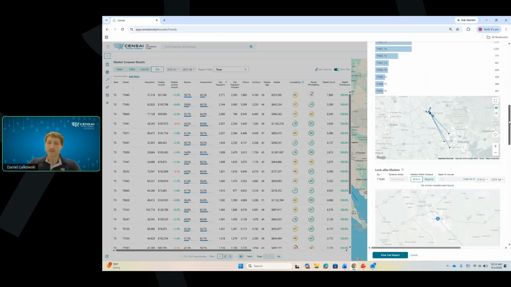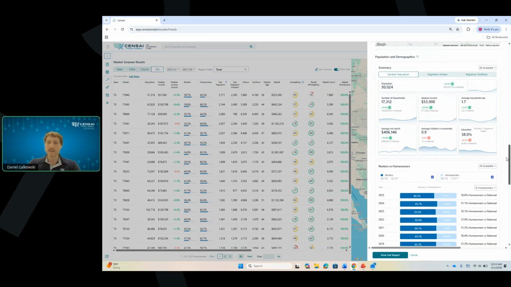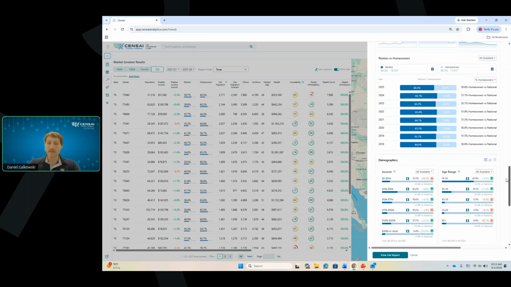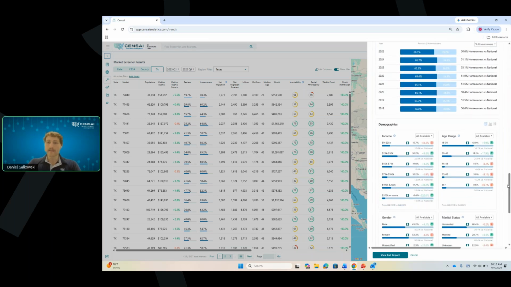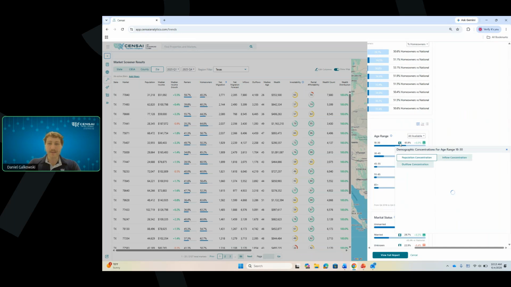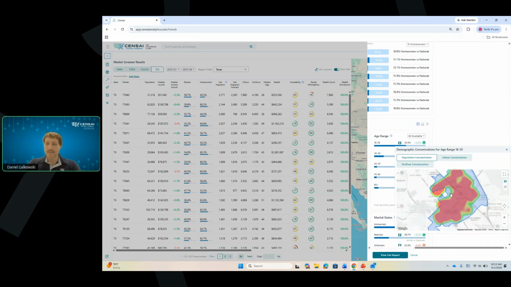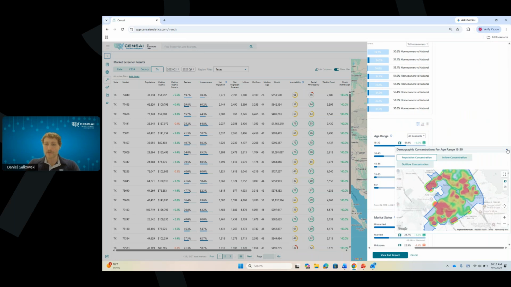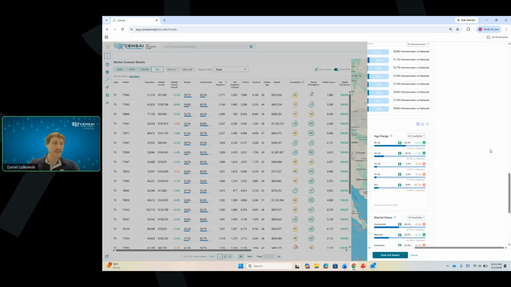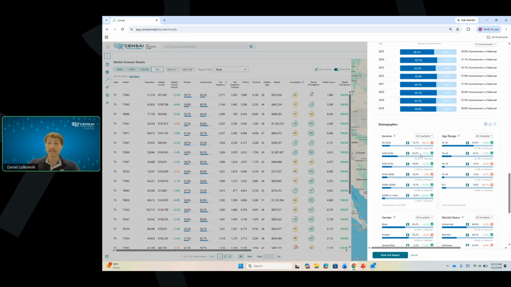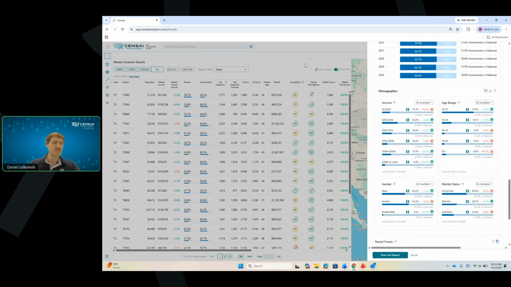You can see the migration routes. And then we get into some of the population and demographics. And okay, a very, very large 18 to 30 population. Guessing it might be a college town. Yeah, looks like it might be Texas A&M there for us, but I'm going to pop over and grab a different zip code pretty shortly, and then we're going to bring you over to our commercial listings page. But it's always nice to be able to view a little sneak preview of your market without having to generate the full market as a whole.